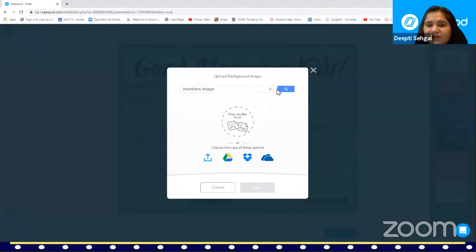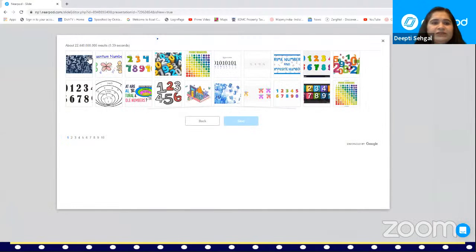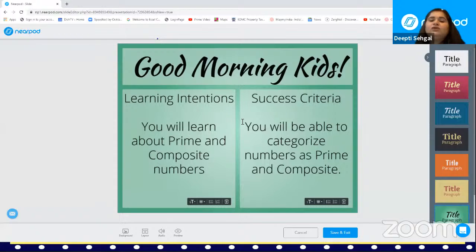Okay, so when I click here where I've written, now I will click search. So now you can see there are many images which have appeared. I'm liking this one. You can see it is looking nice. So I can click on here. When I click on it, it will ask me to save. If I do not save it, this image will not get saved. So I have to click on save. When I click on save,